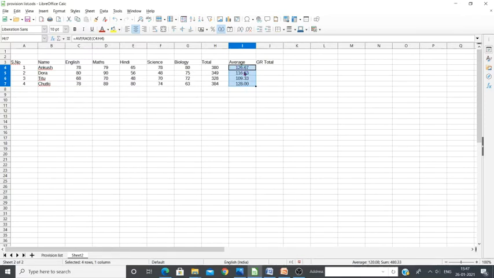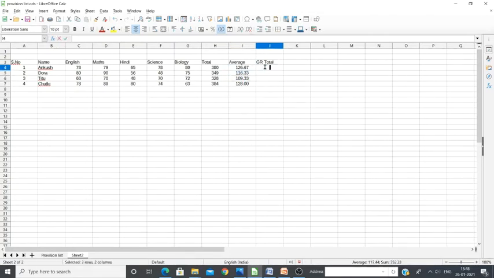The decimal places have changed. Here the formula is AVERAGE C4 to H4, here AVERAGE C5 to H5, and it goes like that. When you click and drag, the formula's cell addresses get changed, which is called relative reference.